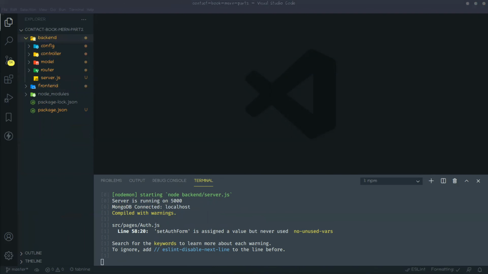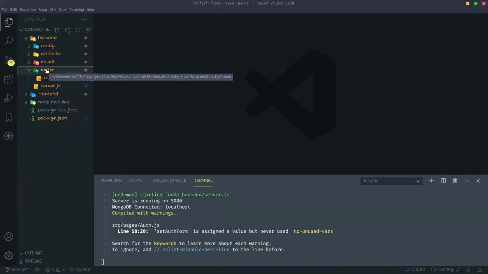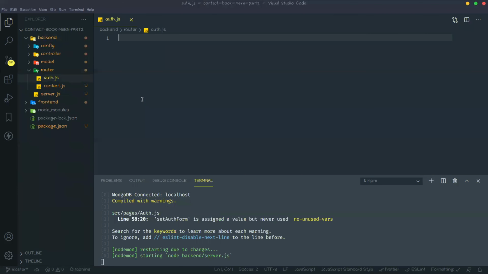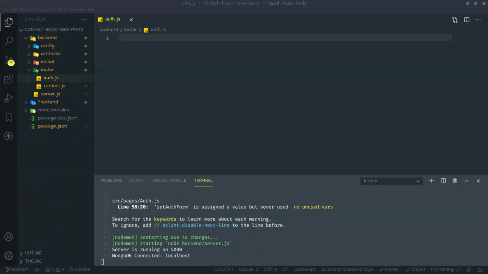In this backend, we need to create the routes, so that is auth.js. In this route, first we need to import express and set the router.